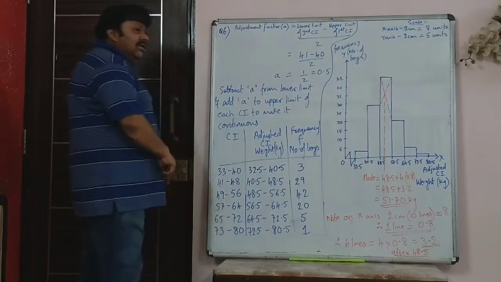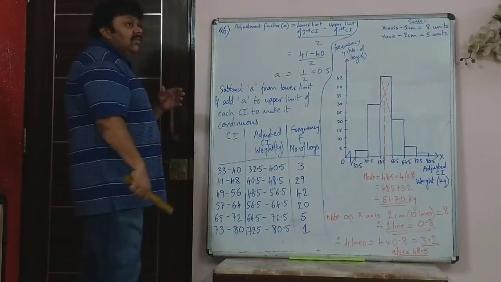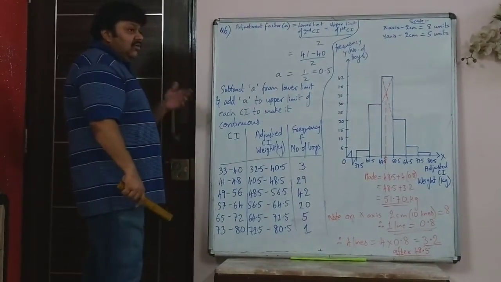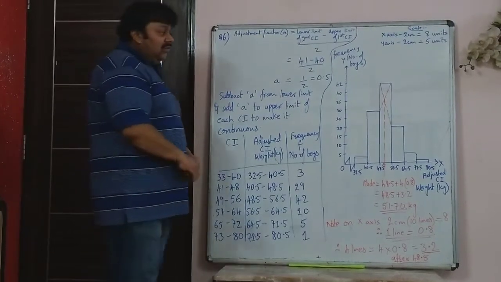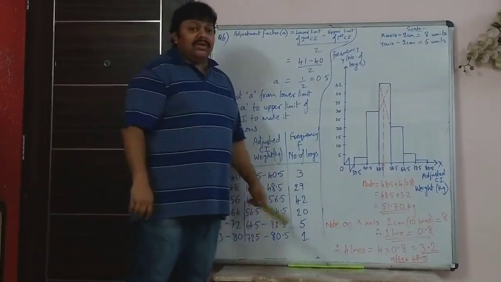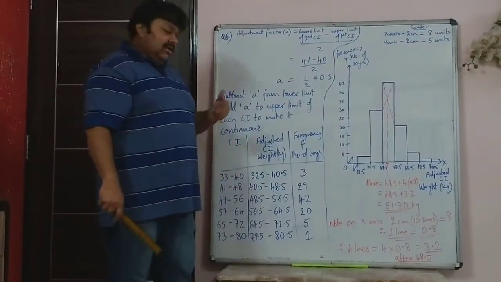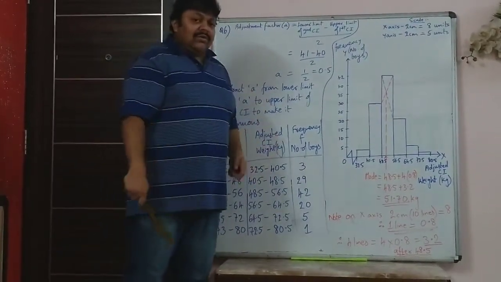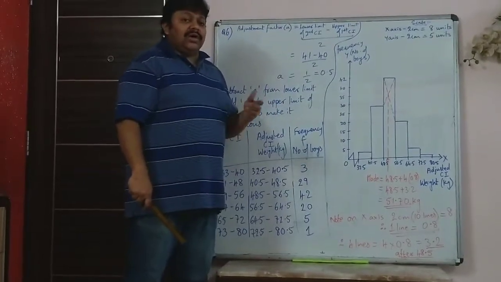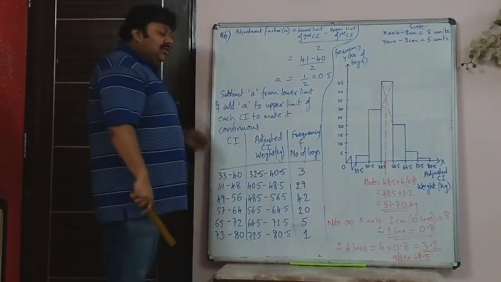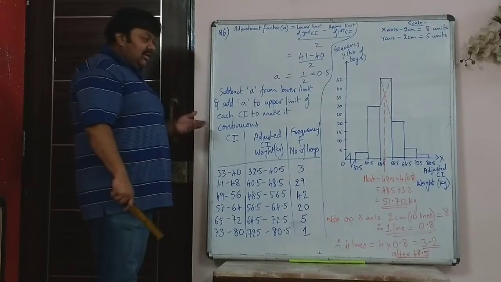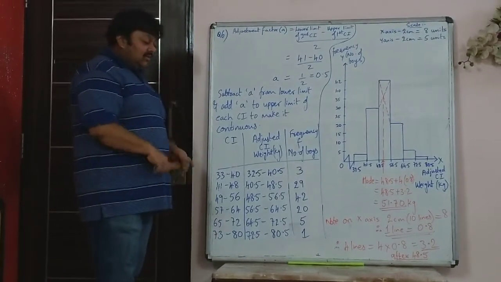If the class is not adjusted, it is compulsory in mode, in this median, when you are drawing your histogram. When you are finding the mode, it is compulsory that you draw with the adjustment factor. Even in the next part of the chapter, when you do algebra to get the median, even in that you have to draw the class intervals after adjustment.